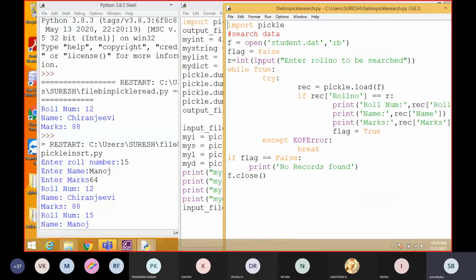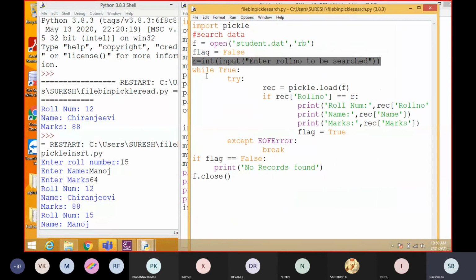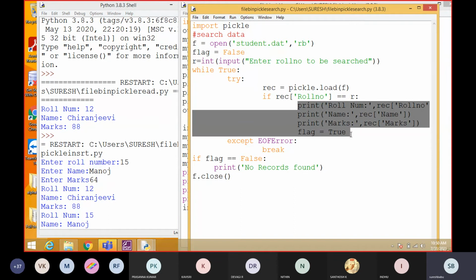See how to search the data, nothing much. Whatever roll number you want to enter, I am getting it as input, and in the while condition, the same reading program we have to do here, but I included one condition. If the record's roll number equals r, that is, the roll number we have given as input, and it is satisfied, then that particular record only will show.